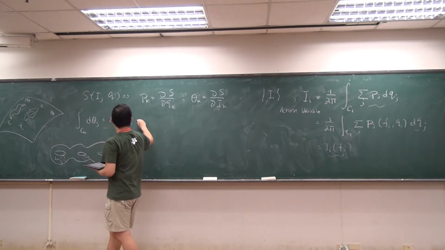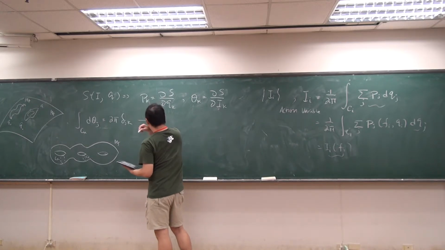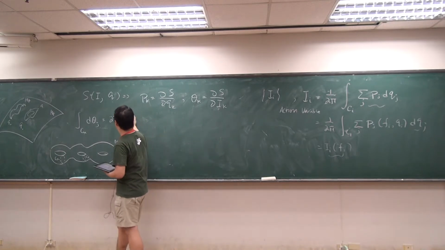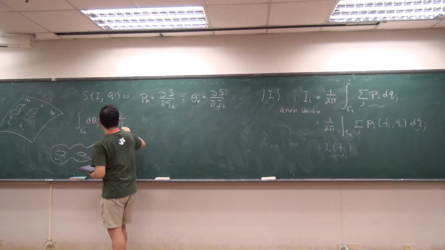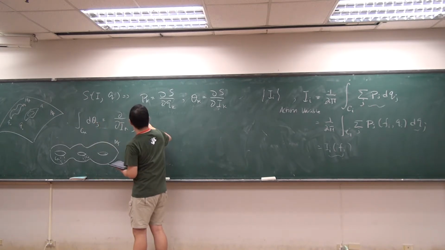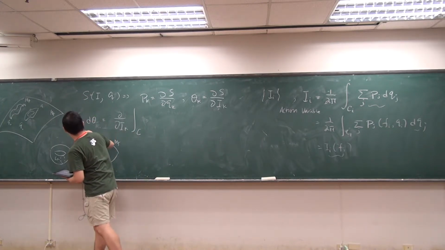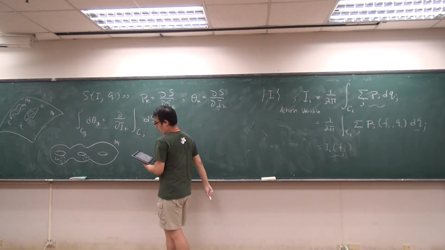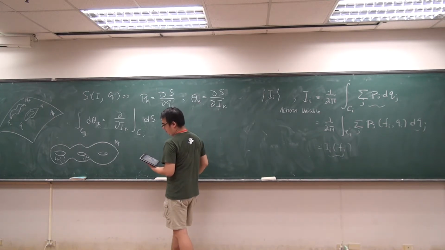To show this, we see that this guy is basically equal to dI_k, Cj dx, by definition over here, and this is equal to, just expand it out,